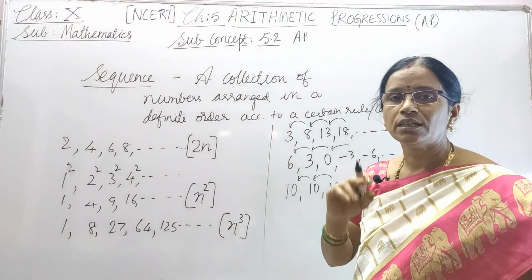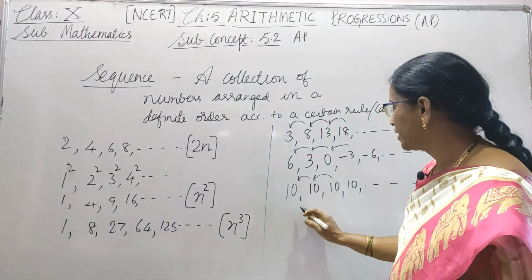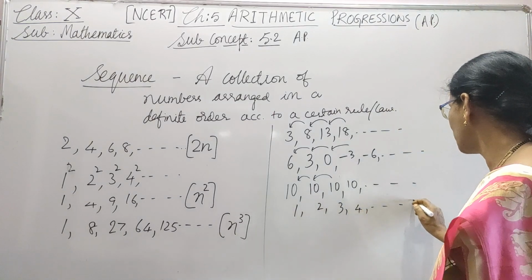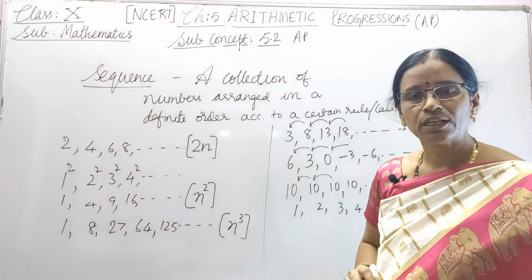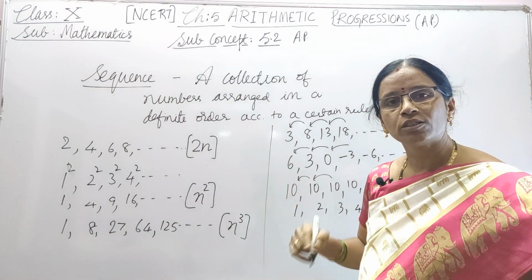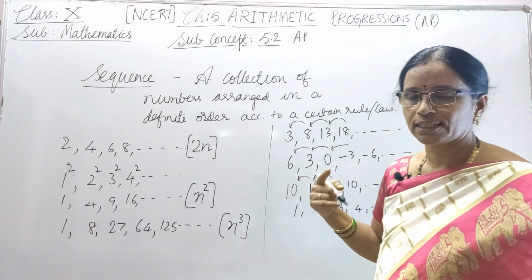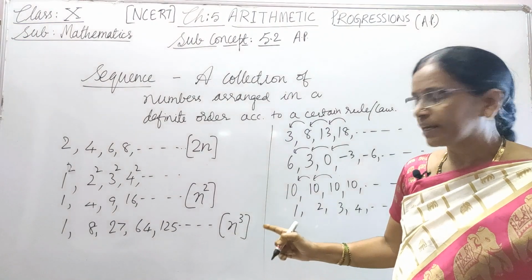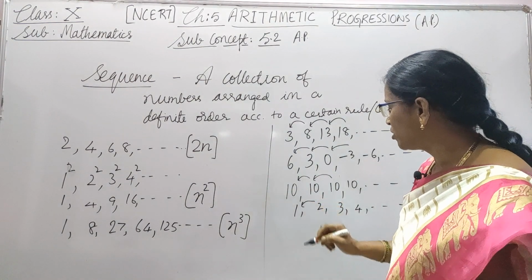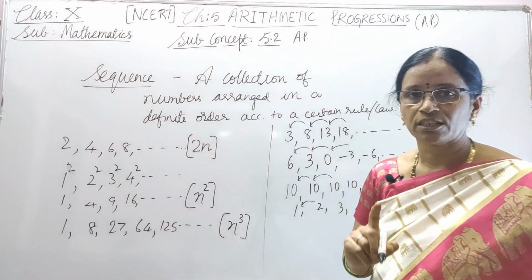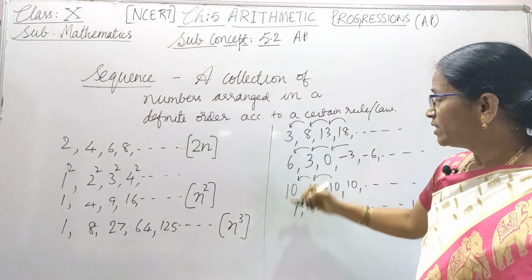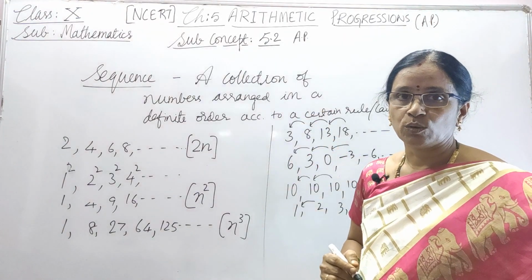Have you seen the numbers on the face of a clock? That is 1, 2, 3, 4, etc. up to 12, isn't it? Every 1 hour it increases. First, if it is 1 o'clock, then it is 2 o'clock, 3 o'clock, like that, isn't it? So again, this is also a sequence in which the difference between any term and its previous term is a constant. What is that constant? 1, isn't it? So now these are all special sequences I told.